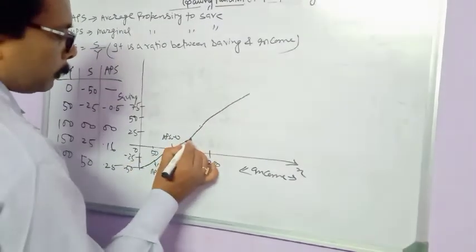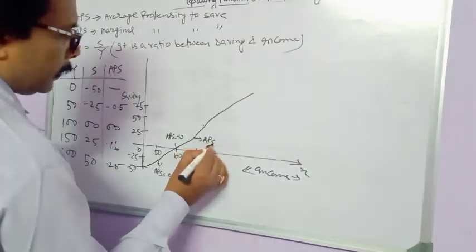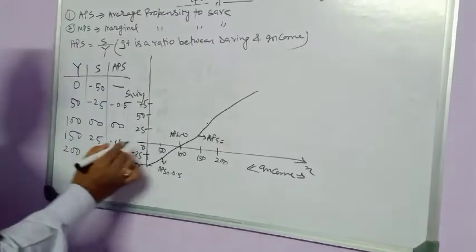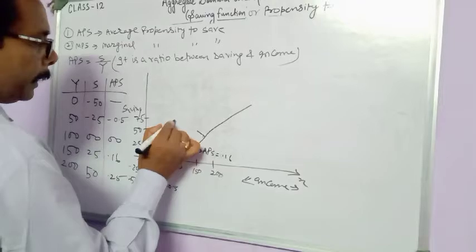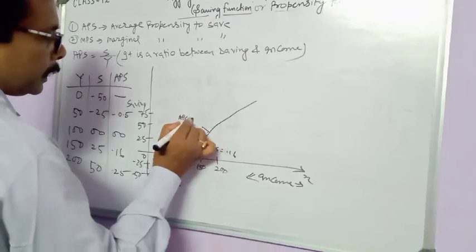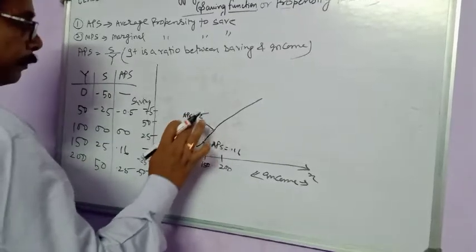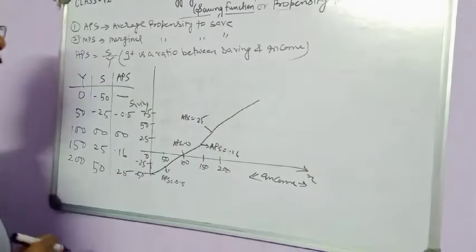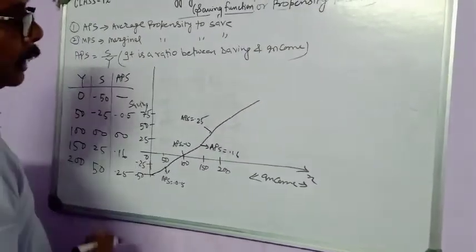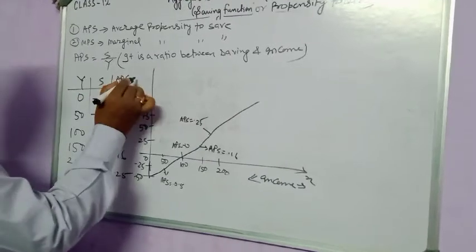At this point, APS is equal to 0.16. At this point, APS is equal to 0.25. So in this way, we will calculate the APS, because the formula is APS is equal to S divided